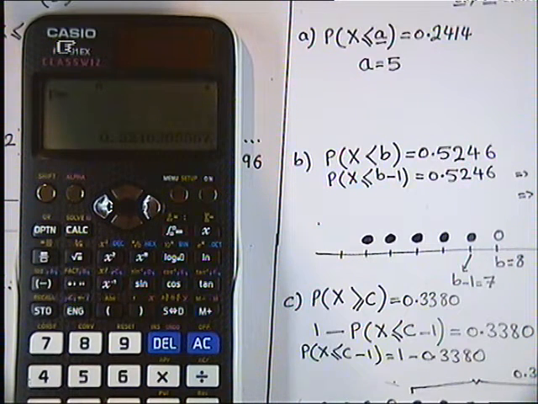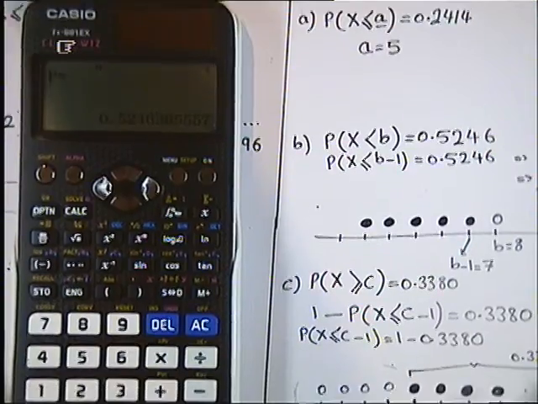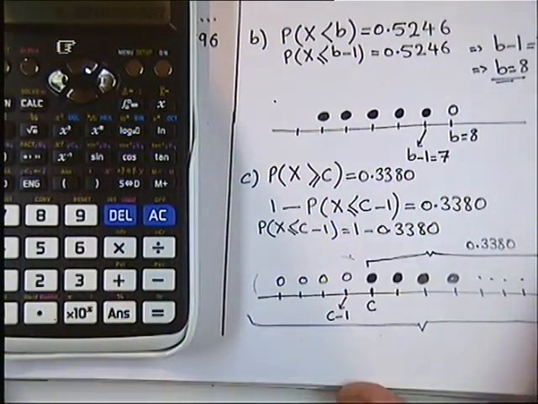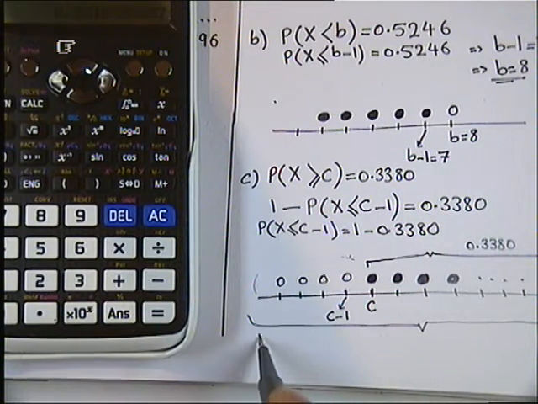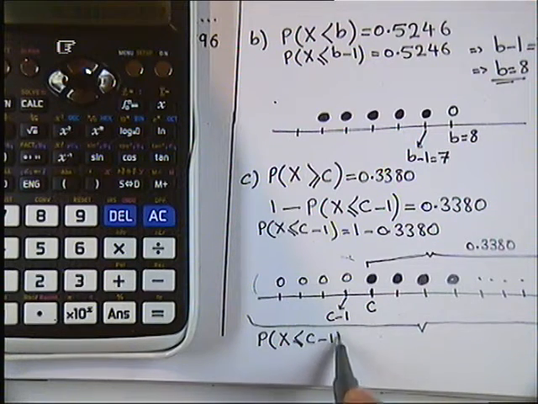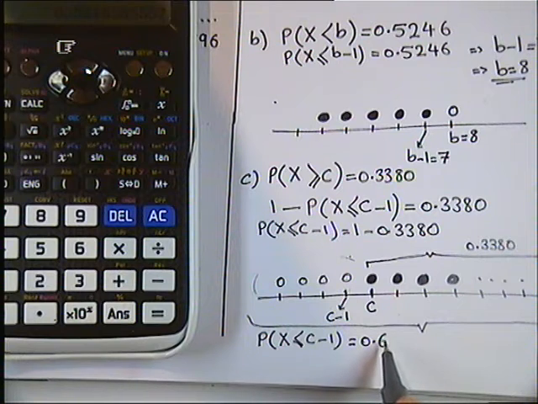Okay, and I just keep writing here probability of x less than or equal to c minus 1 is equal to 0.6620. Okay, now